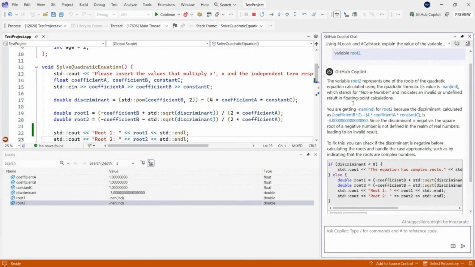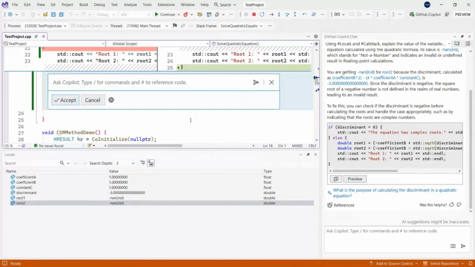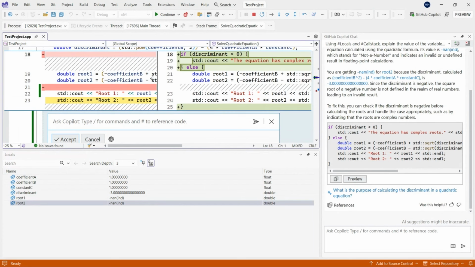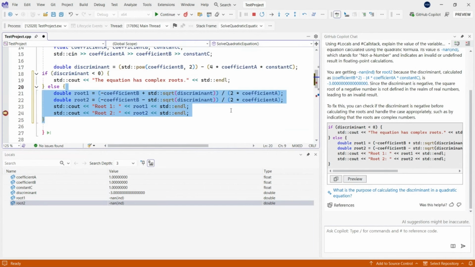Now, it looks like in this scenario, I haven't handled a negative discriminant case. So Copilot is telling me to replace these 4 lines with newer code. I can do that just using this preview button, and then it will insert it within my editor right away. Once I accept this, I am guessing if I rerun this program, I will get an output saying that the complex roots are not present,